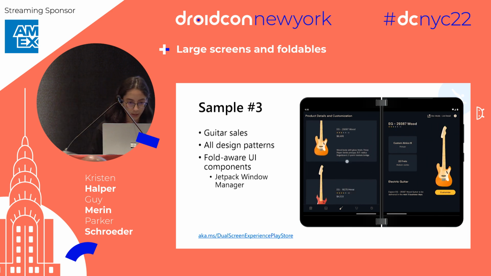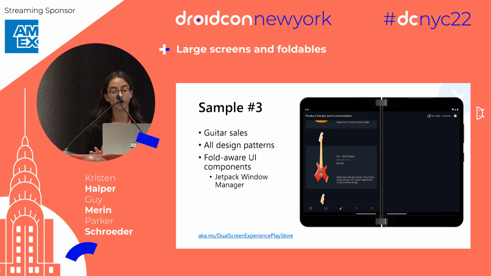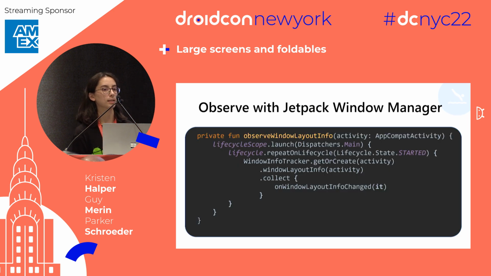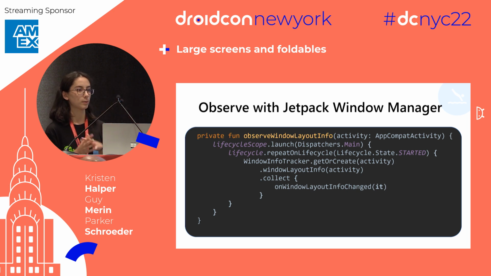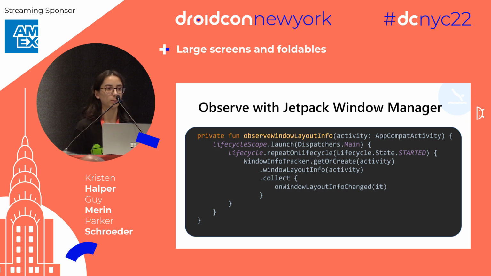So let's take a look at Jetpack Window Manager. So with this library, you can access 2 main categories of information. First, window metrics, or the size of the current window. And this is great, especially for large screen support, to set up different layouts depending on the window size. But you can also look at display feature or folding feature information with this library, which is what we're going